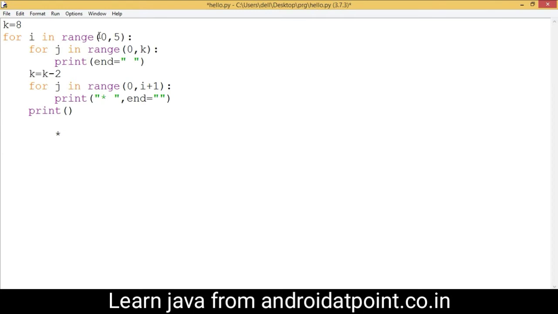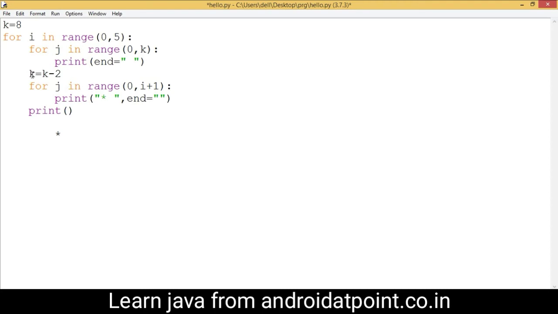Now control comes to the outer loop and the lower limit of the outer loop is incremented by 1. So the value 1 is assigned into the i variable. So this time the value of i is 1. Now control comes here and the value of k is 6. So this loop is executed 6 times and provides 6 spaces. So 1 2 3 4 5 6, and now control comes here and 6 minus 2, the value 4 is assigned into the k variable.